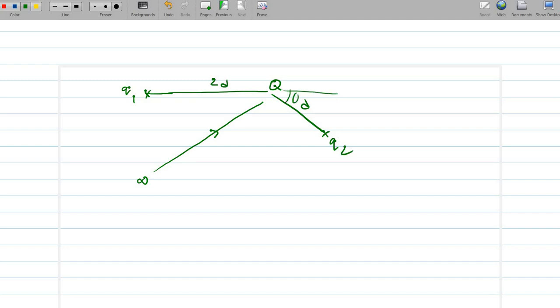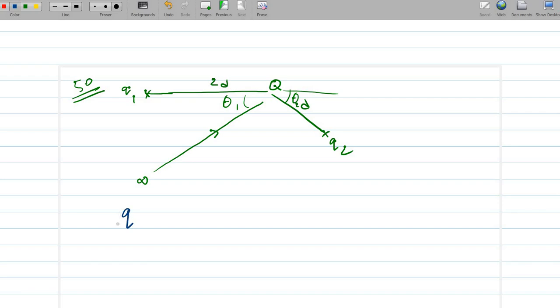This angle is given, theta 2. This angle is given, theta 1. The question is, what is the work that needs to be done? So this is problem 50, I guess. So we have to know the potential at this point, and then